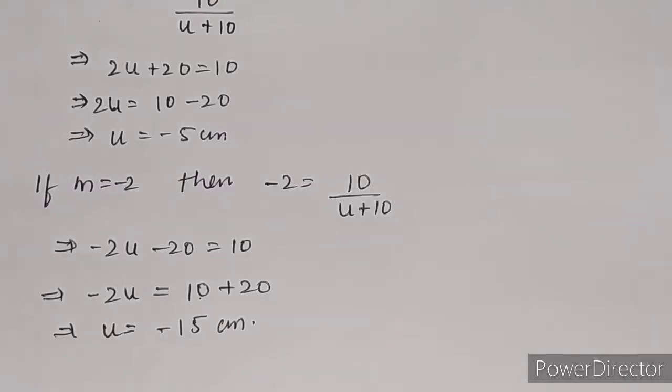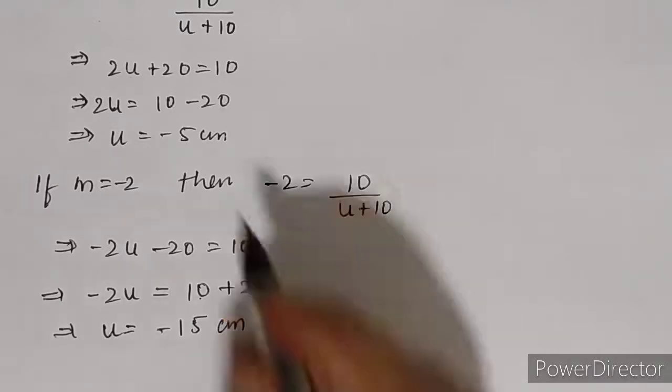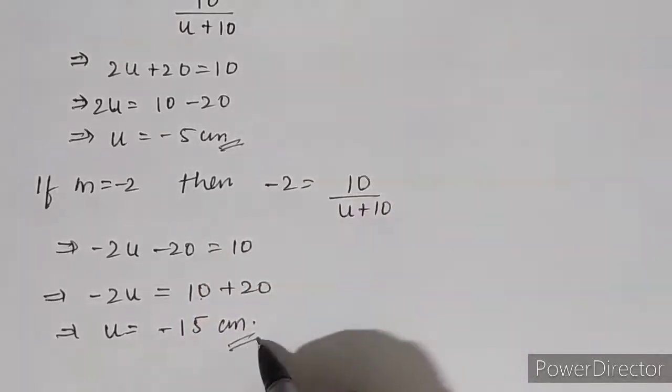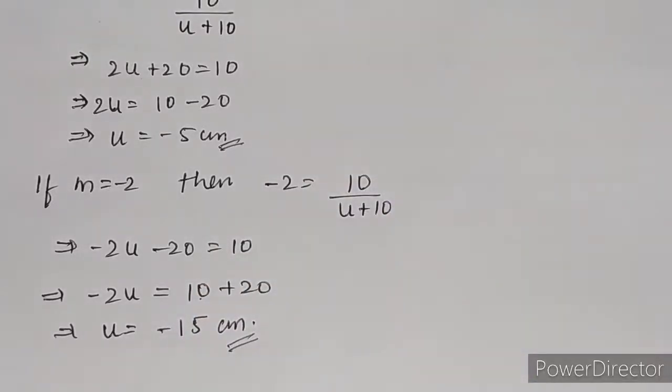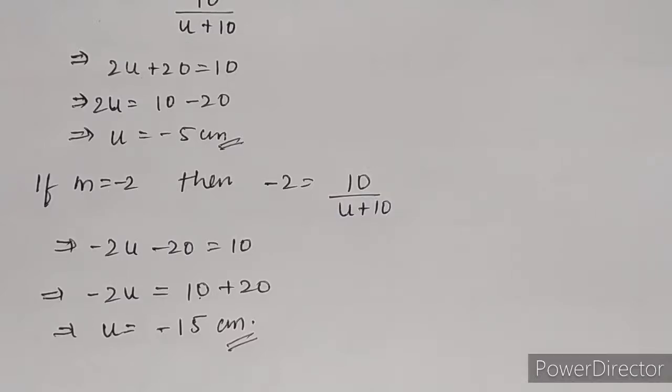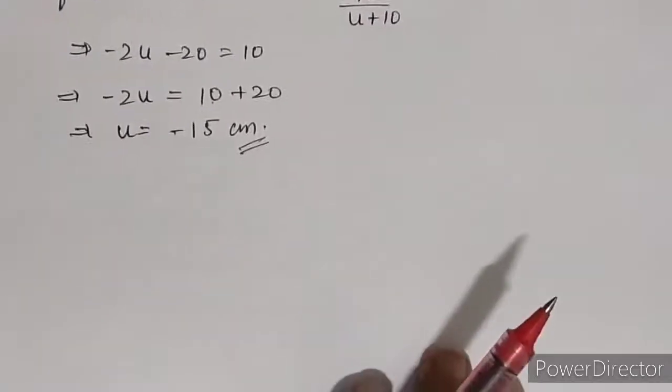Okay, in both the conditions the value is coming in the minus form. It means the focal length, it is assured that it is a convex lens. The magnification we are not examining, which kind of magnification is there. So two types of values we have calculated for this. Okay, moving ahead with the next numerical.